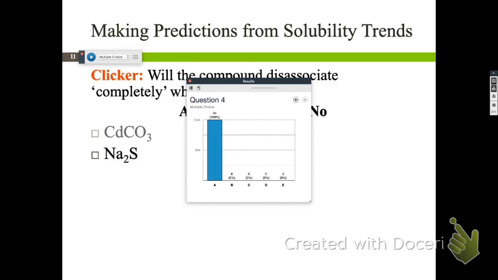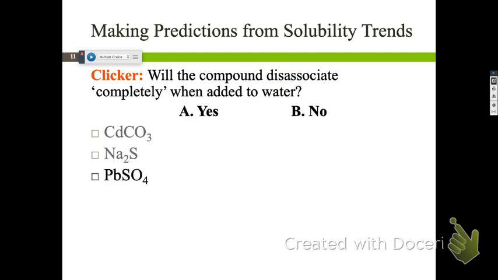I would actually... So you can tell I'm an organic chemist. I don't deal with metals unless I have to. So I deal with the metals that are up at the top. But you can always look this kind of stuff up. So if someone is ahead of the game right now, and you want to look up solubility of rubidium, cesium, francium, that would be awesome to share out with the class, so then we have a better idea of that. Okay. All right. So let's go ahead and do the next question. Lead sulfate, lead 2 sulfate, I should say.